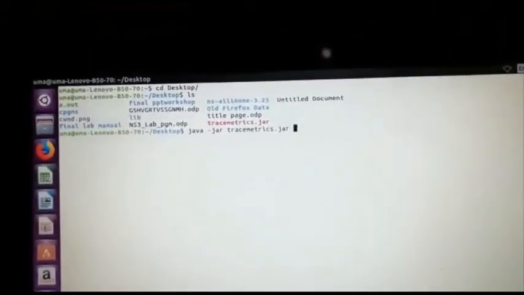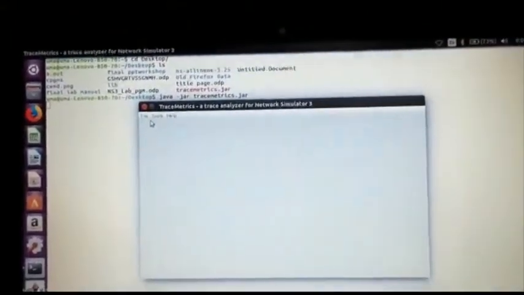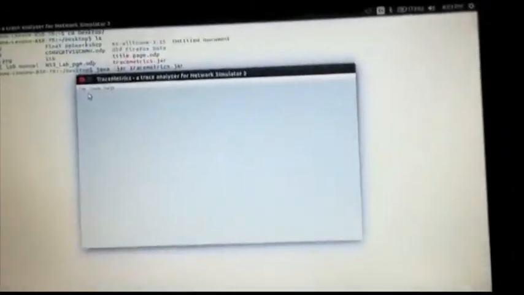You just have to type java -jar tracemetrics.jar. When you type this, it automatically gets decompressed. Jar files, you know, are compressed folders, and you see the trace metrics got executed.